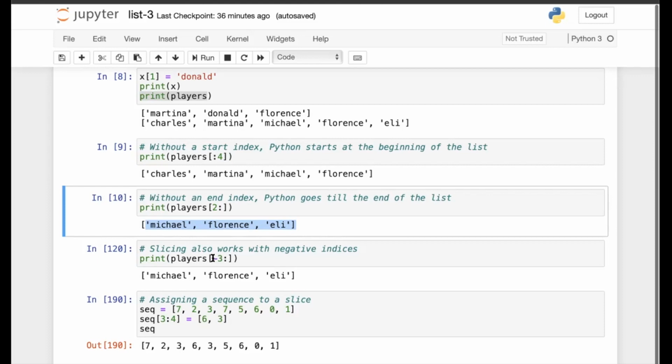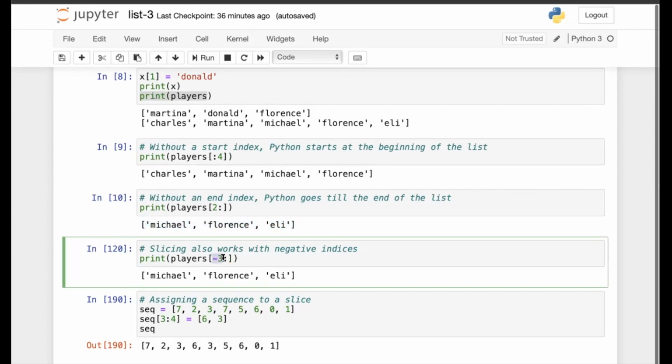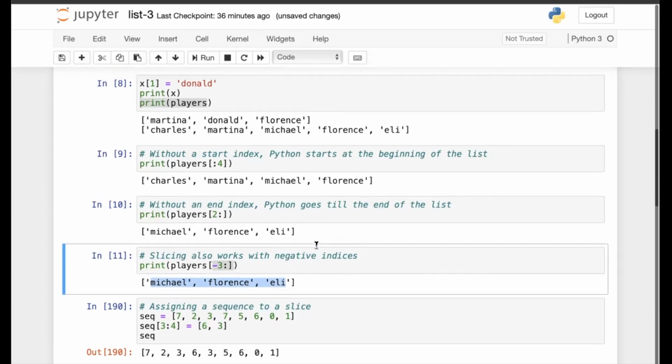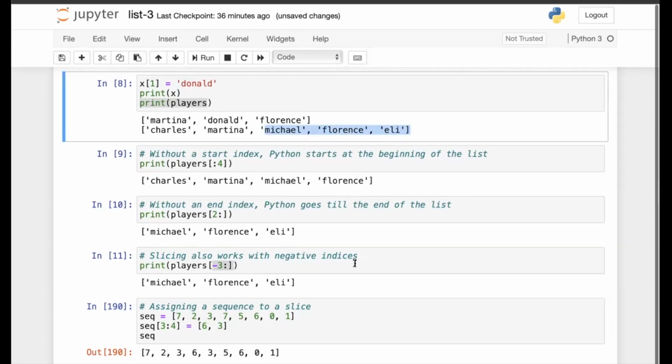So the slicing begins from the third index at the end, and then it goes till the end because you have not provided the end index. So here the result is Michael, Florence, and Ellie because Michael is the value third from the end. So Michael, Florence, and Ellie.